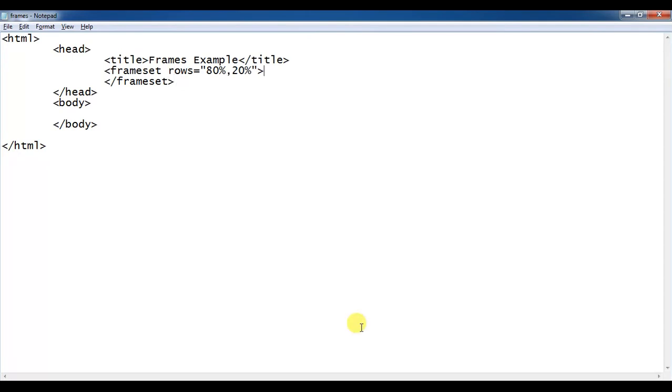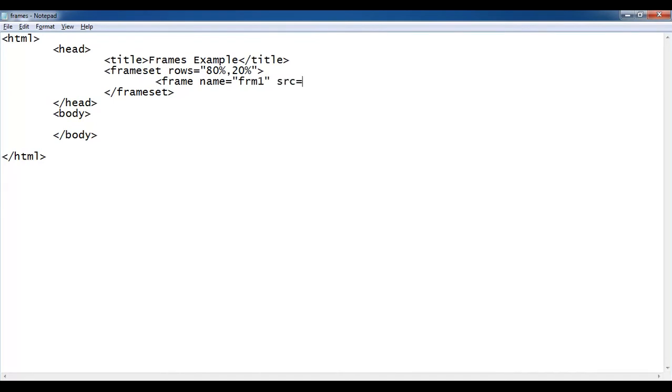For visibility of this code, you need to specify one more subtag called frame. Here each and every frame is represented with a name, and one more attribute is there, that is src, in order to specify which output to be displayed in that particular partition. At present I will keep that one as empty.